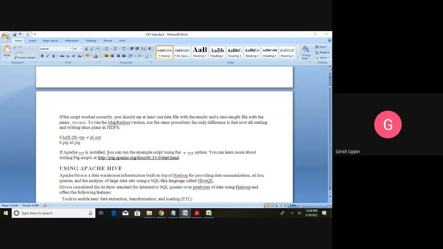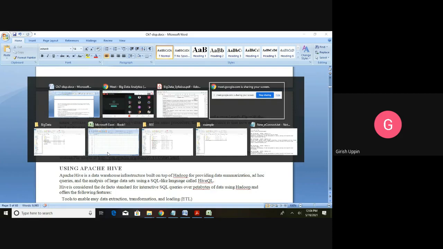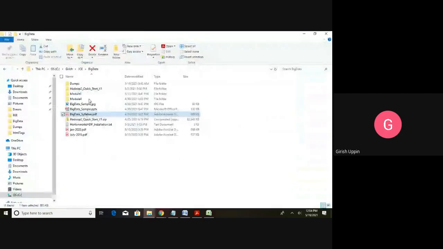Now I will show you the source code. So this is the file, hadoop2_quick_start_v1.zip. I told you the location is given in the appendix section of the book; you can go to that link and you will find this zip file, which contains all the source code used in the textbook.